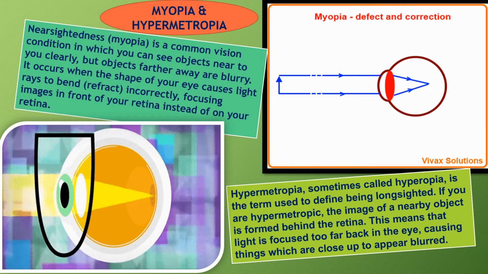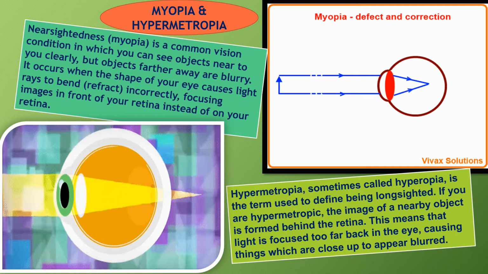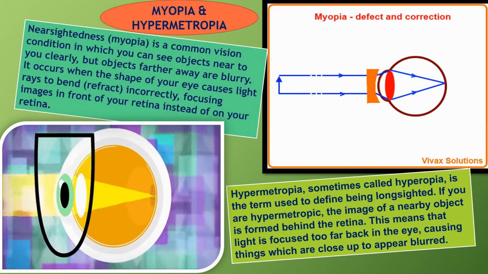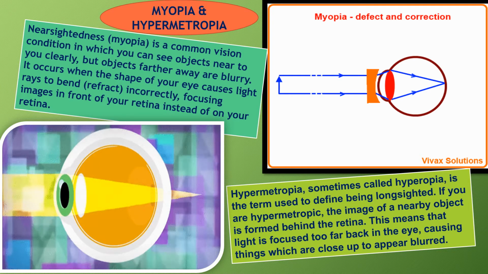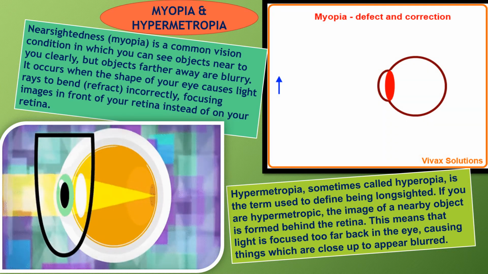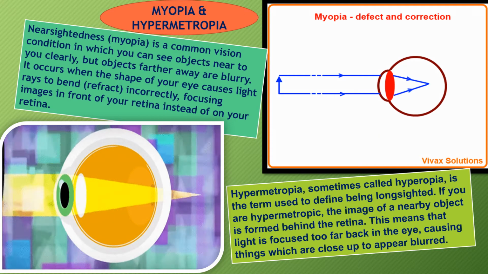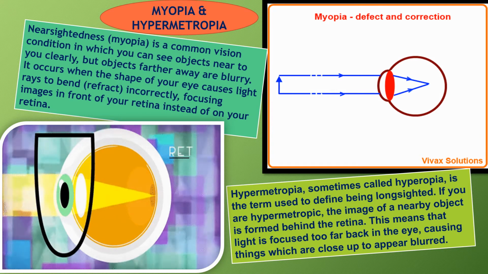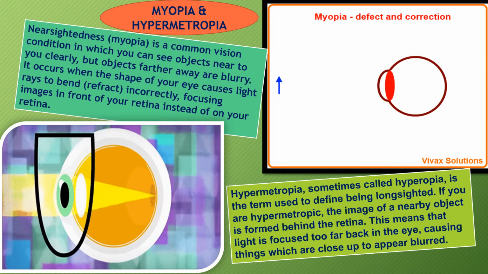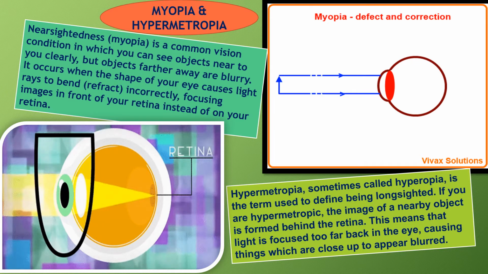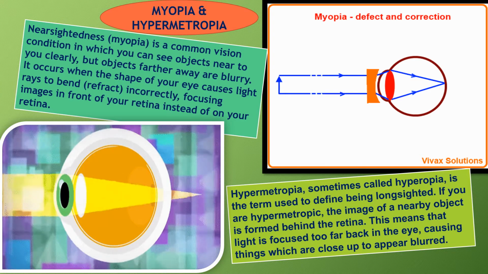In hypermetropia, the person can see distant objects but is unable to see the near objects clearly. When the eyeball is shorter than normal, this type of defect develops. Though the parallel rays from the distant object are focused on the retina, the divergent rays from the near objects are focused behind the retina. As a result, a blurred image is formed. The defect can be corrected by using biconvex lenses or only convex lenses.